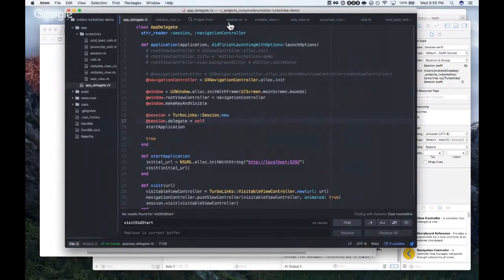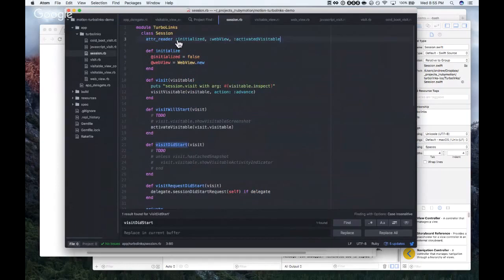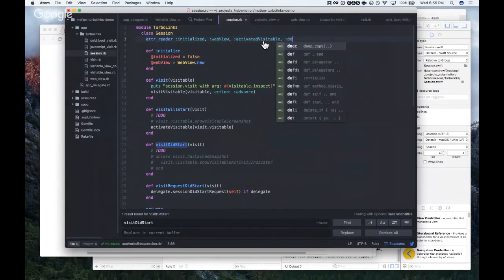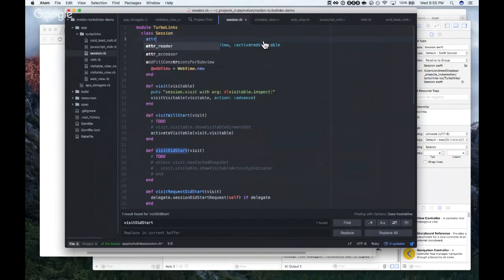Okay. So we have to add the delegate here. Actually, we need to add an adder accessor.